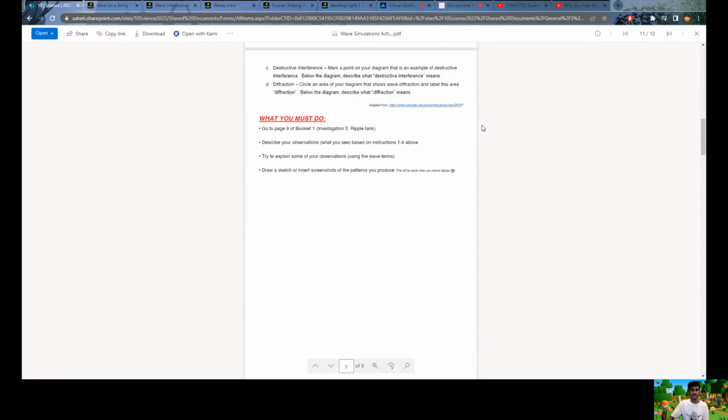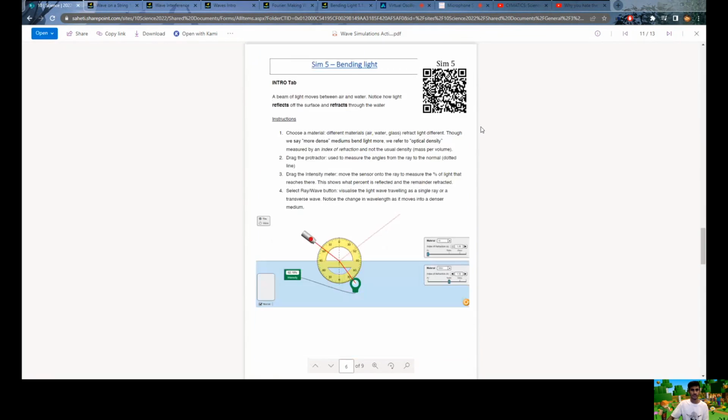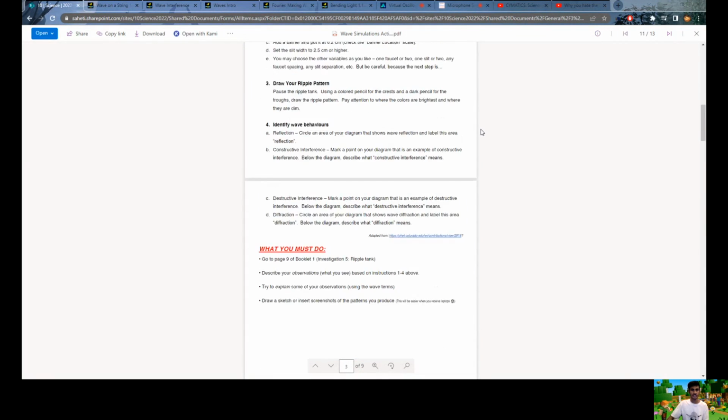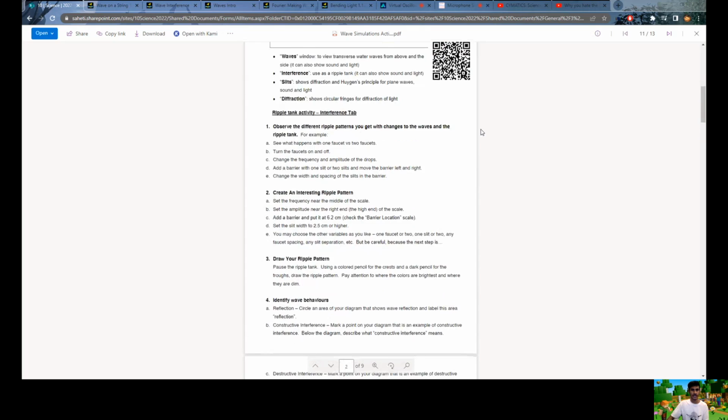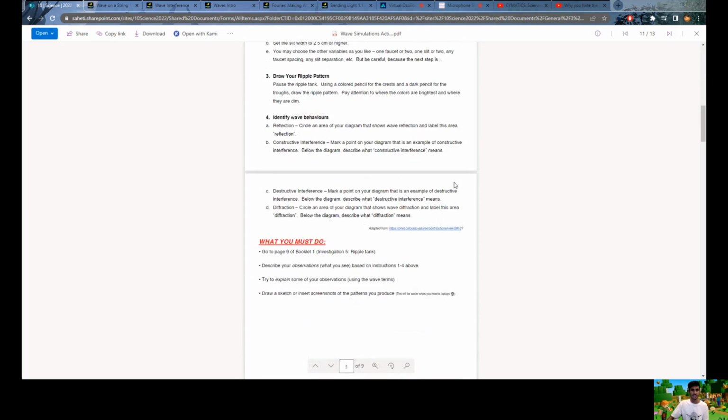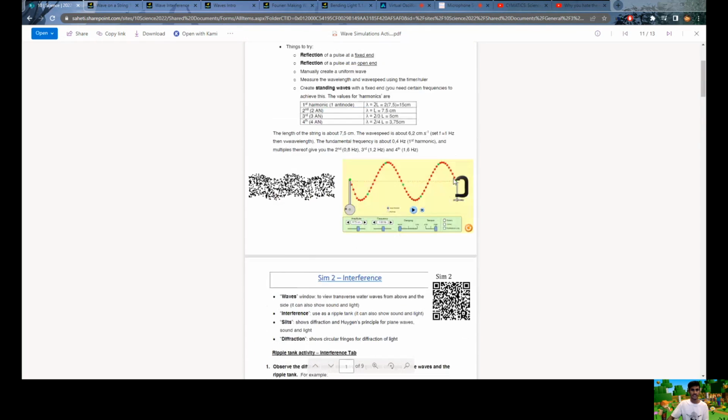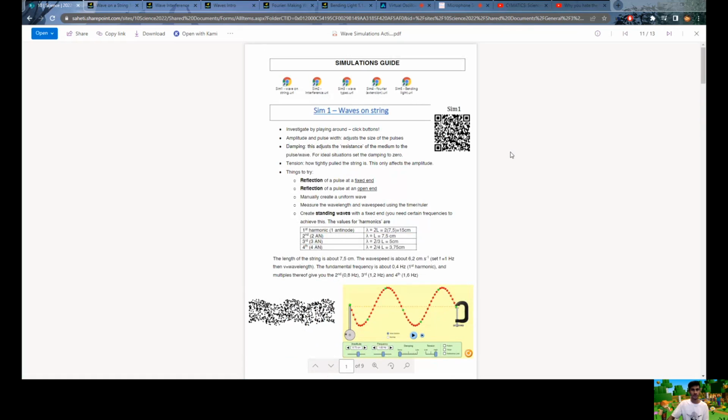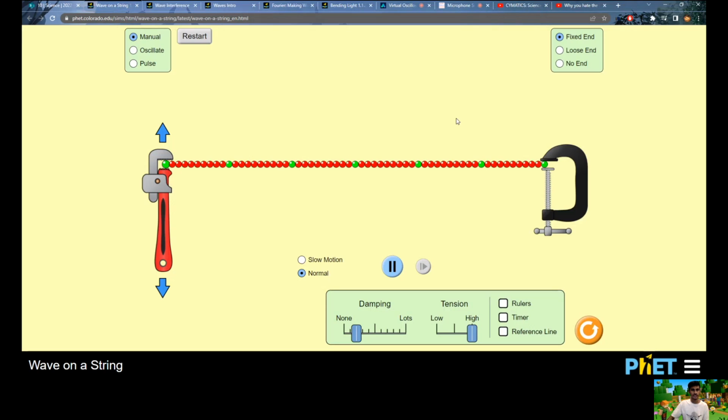There are 5 simulations in total, which, not to overwhelm you, there is only one simulation that I'd like you to try and to attempt this activity and just write a short bit about that. But these 5 simulations do show a lot of the more interesting properties of waves besides the normal calculations that we do. Right, so the first simulation is waves in a string, something you might have seen before,